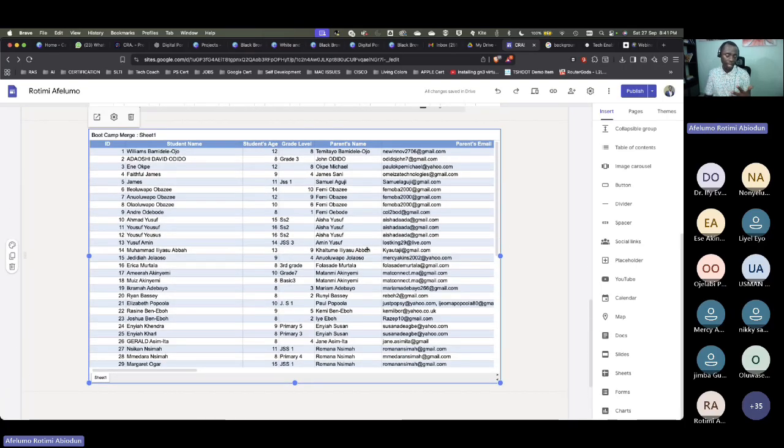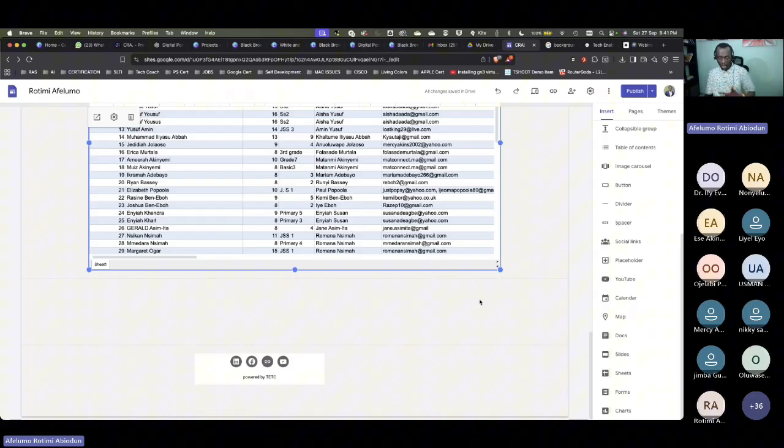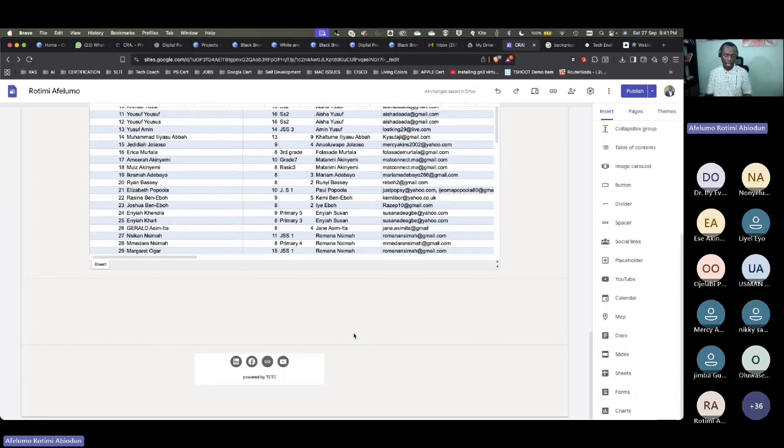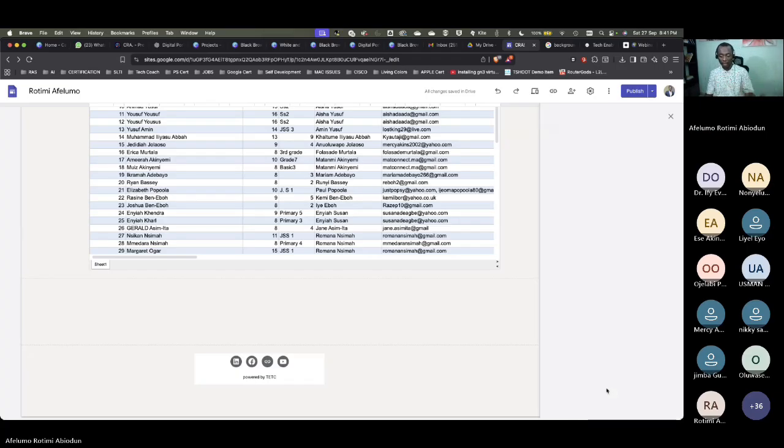And especially for documents, you can actually put a watermark on that document so that even if they do a screenshot, they will already see that this is an unapproved document that they are taking a screenshot from. So you can add all of that. Another thing you can do as we round up here is, for some of us that are going to be doing surveys and all of that, you can add a Google form to your